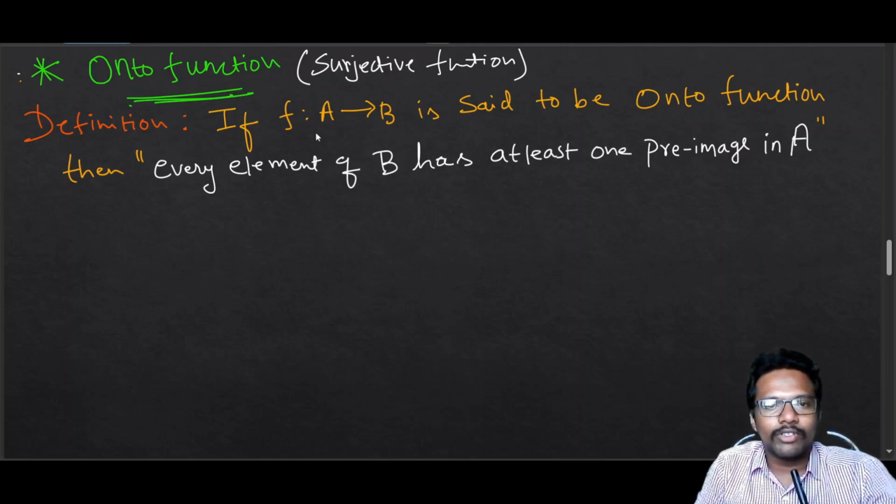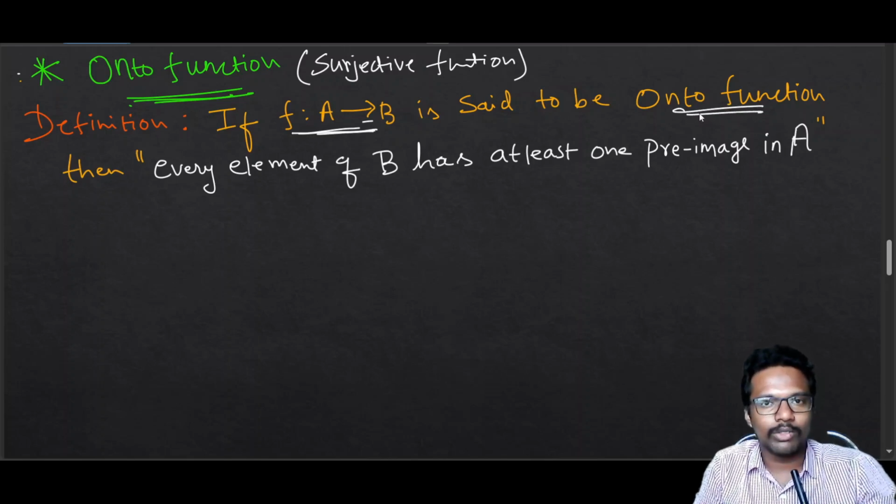So the definition here: in the previous video I have already mentioned what this indicates. It indicates that f is a function from A to B. So f is already a function, which means it already satisfies the definition of a function. If you don't know the definition of a function, in the previous video I mentioned it with an example. You can watch that video so that you will understand it. So here we denote f as a function from A to B, where A is the domain and B is the codomain. This function is said to be an onto function